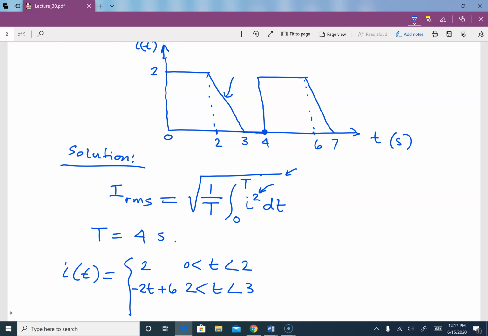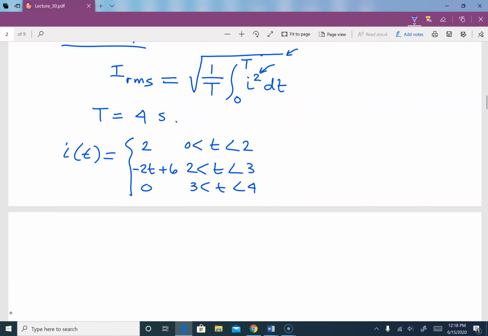And then from t between 3, let's say, and 4, that is 0. So this is the function of our current. So we do have that waveform to be 2 between 0 and 2. Then there is a slope going down, that is negative 2t plus 6. And then from 3 to 4, it is 0. So now